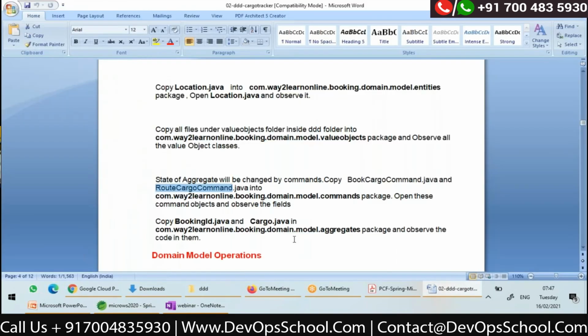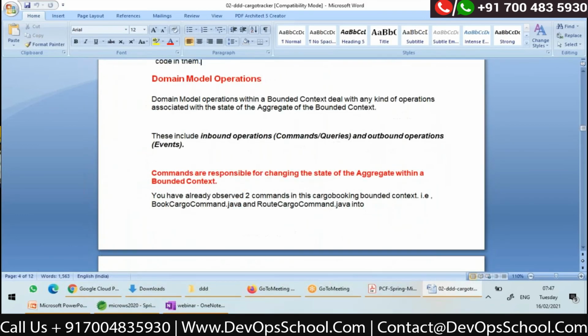This is my aggregate. Okay, aggregate is done. So now domain model objects. As I told you, domain model operations within a bounded context deal with any kind of operation that is associated with state change.